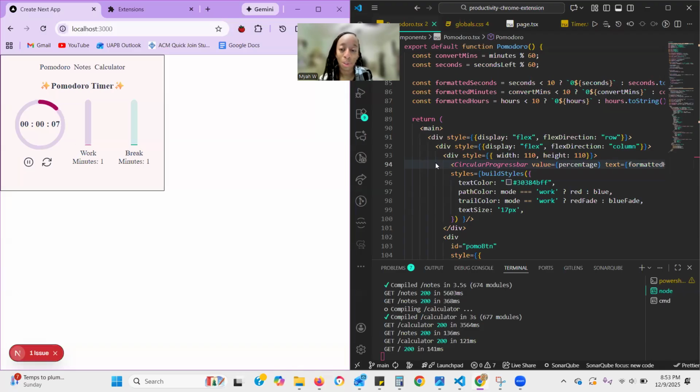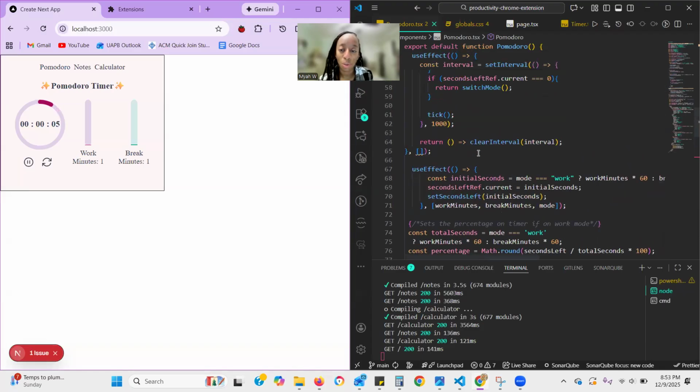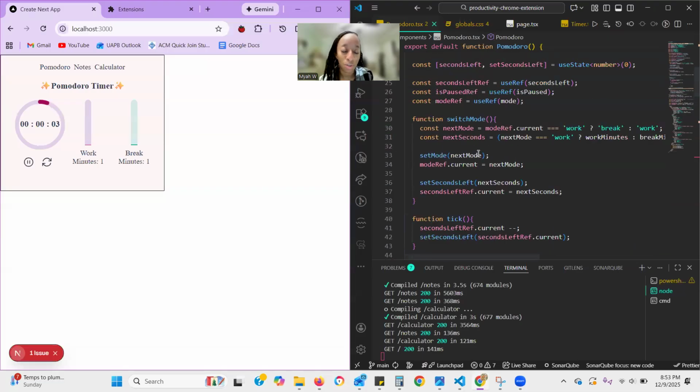What it's supposed to do is, through the use of these different modes of if pause and if not pause, it will set whatever values are needed for whether or not my project's paused. It will switch from work time to break time. So as you can see, we shifted to a greenish blue color, and we're on break time here. And this would basically continue all the way around to the point where it will keep